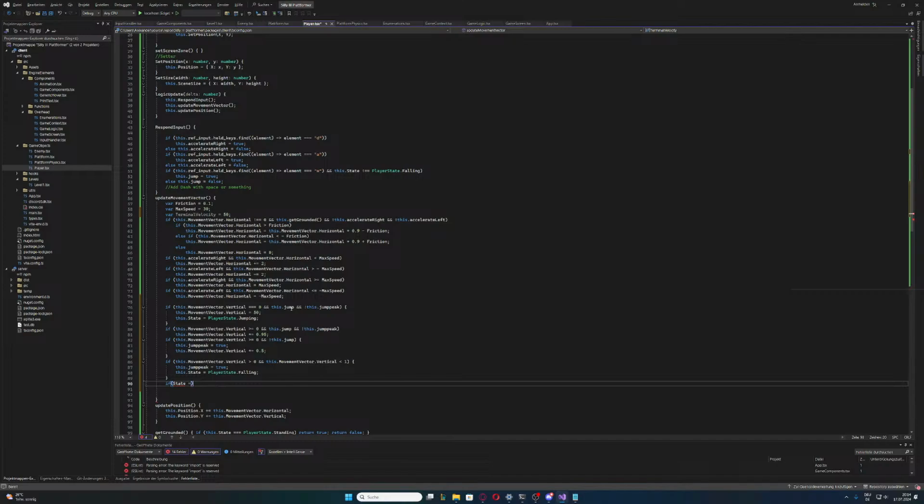If this dot state equals falling, this dot state equals player state dot falling,